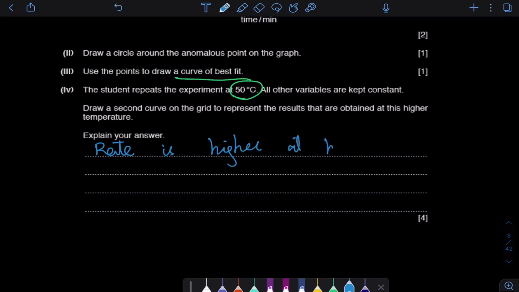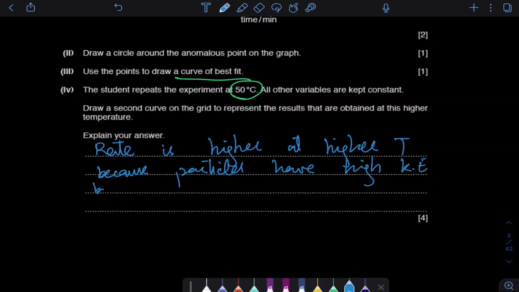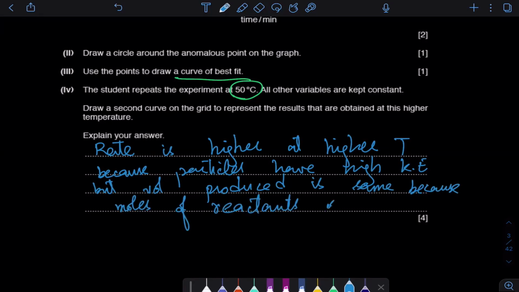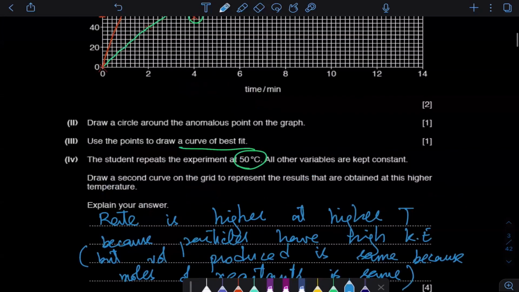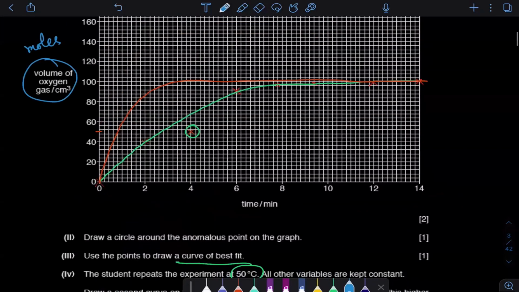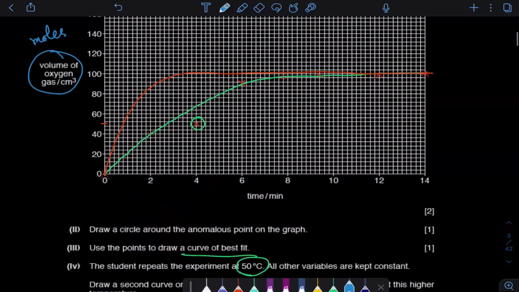at higher temperature because particles have high kinetic energy but volume produced is same। और इसकी रीजन आप दे सकते हो because moles are same। This part you can avoid it, मतलब ये वाला पोर्शन पूरा आप अवॉइड कर सकते हो। अगर आप एग्जाम में ग्राफ सही बना देते हो तो आपको ये लिखने की जरूरत नहीं है, लेकिन रीजन कि वो तेज क्यों है वो आपको बतानी पड़ेगी।